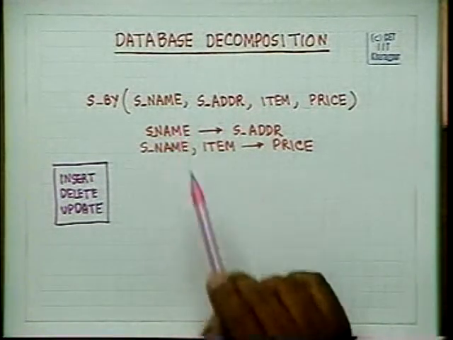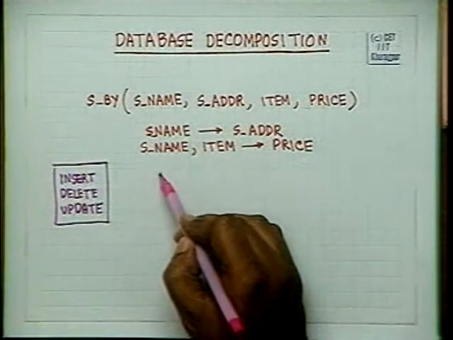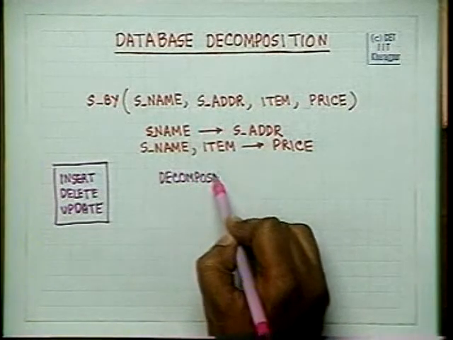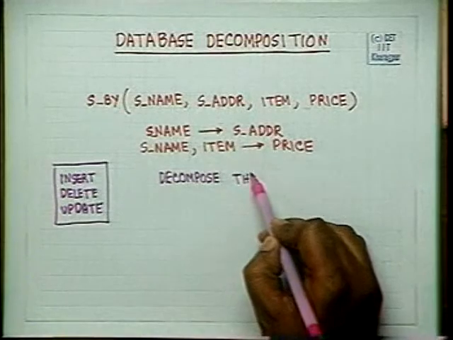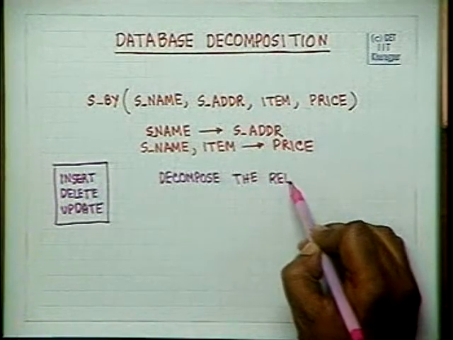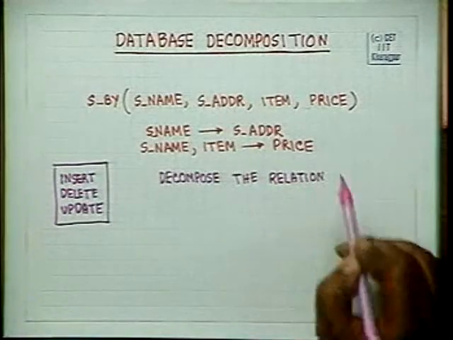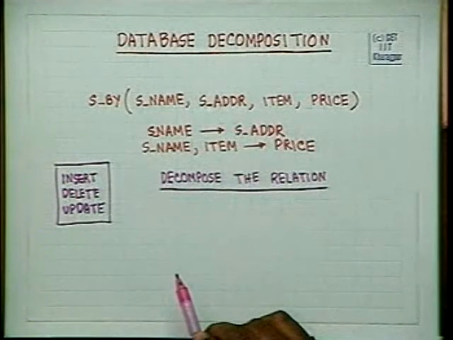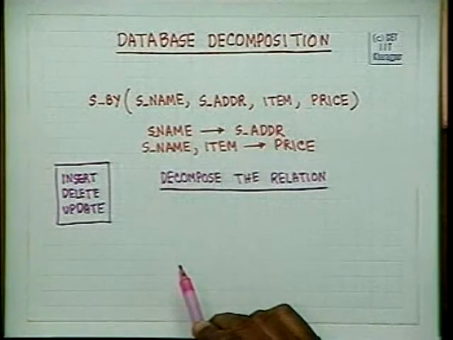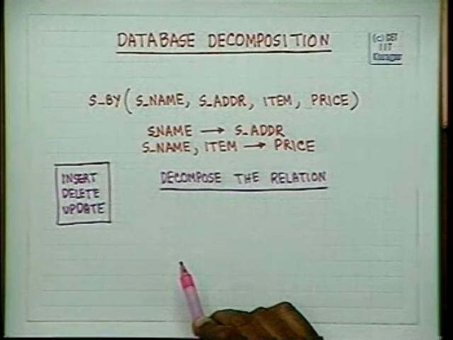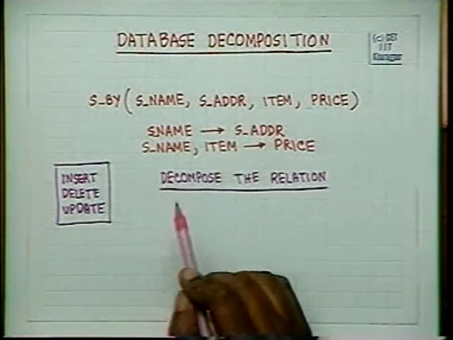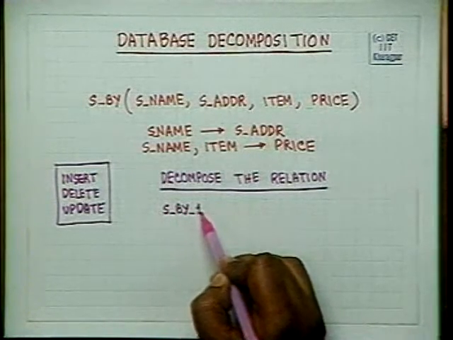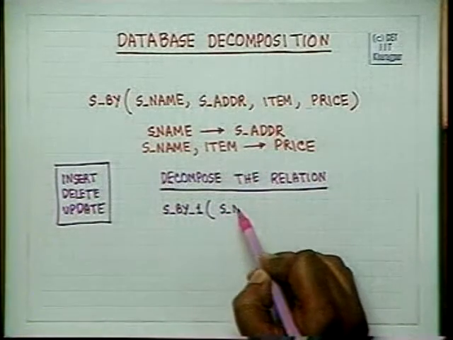In order to solve this problem, we found that we will have to decompose the relation. In order to decompose the relation, we found that there are several problems in arbitrary decomposition of a relation. In this particular case, we noted that we can do it well. We can solve the redundancy problem by breaking it up into two relation schemes.